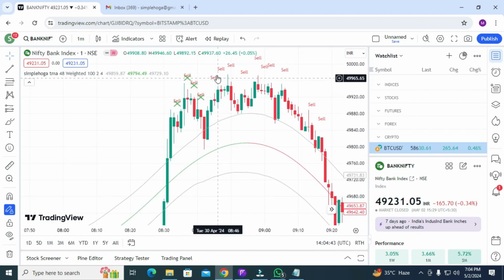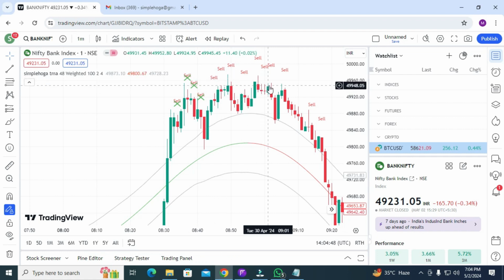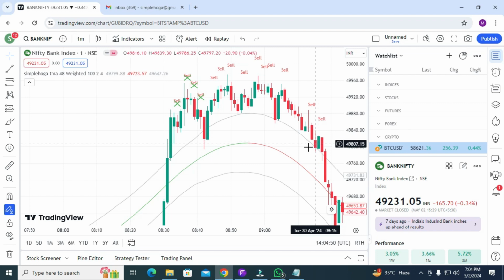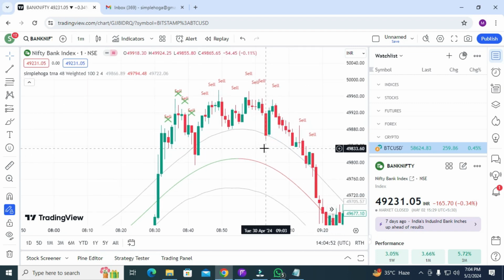Like here you got only a single sell signal, you can go for the sell trade, but there are a lot of sell signals. Okay, if you are questioning me that there are lots of signals, so